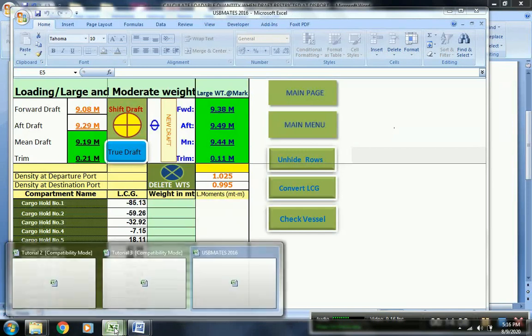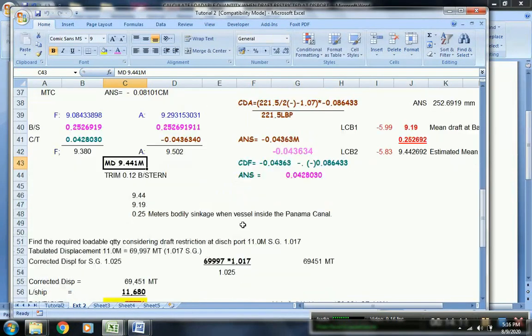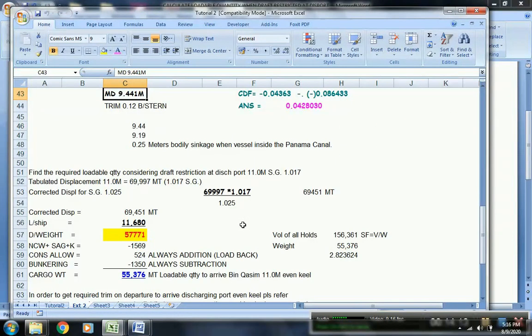Okay. Now let us proceed to the calculation of the required loadable quantity. Find the required loadable quantity considering draft restriction at the discharging port, 11.0 meters. The SG is 1017. The tabulated displacement at 11 meters is 69,997 metric tons. So since you are floating in density of 1.017, you have to correct your density. So by doing this, equals